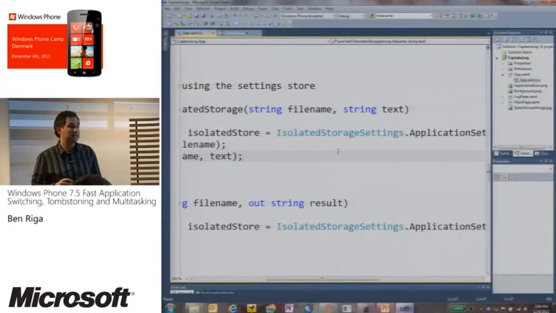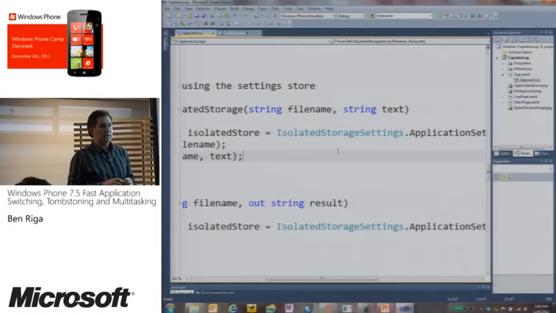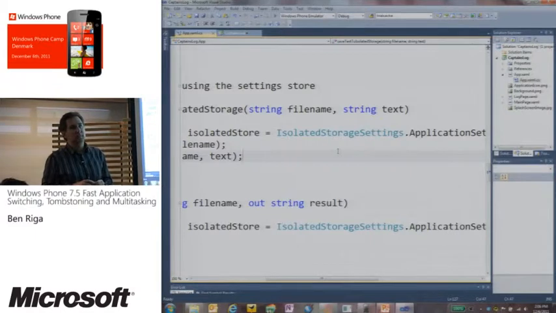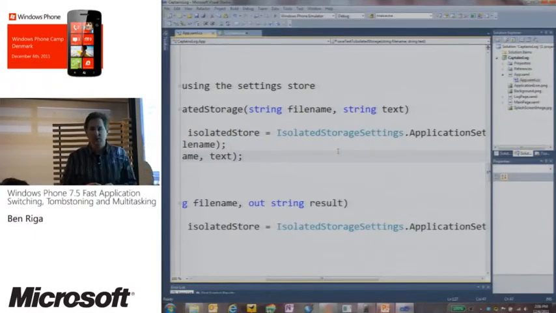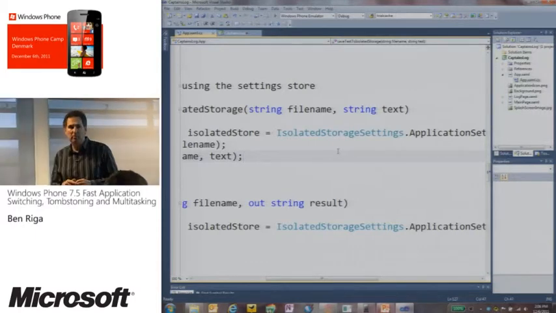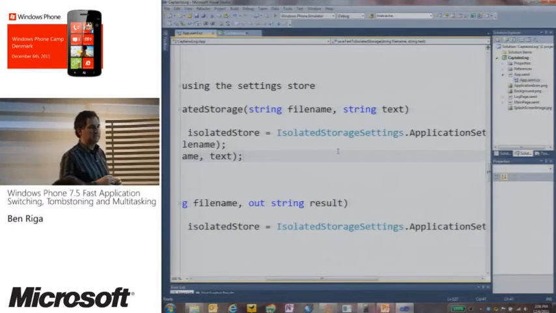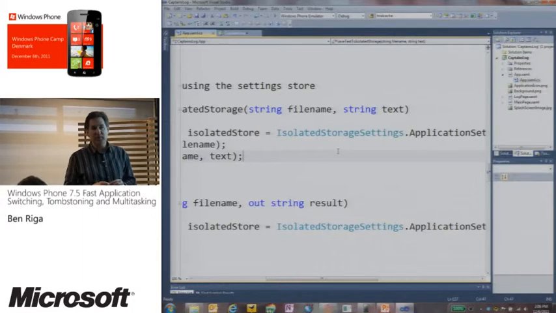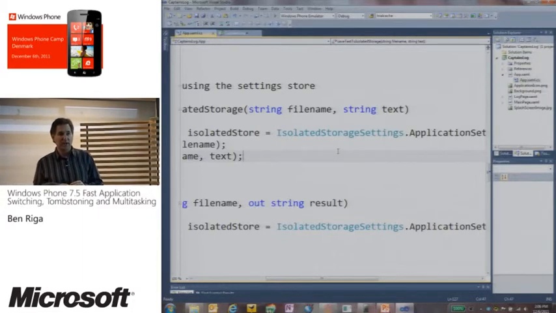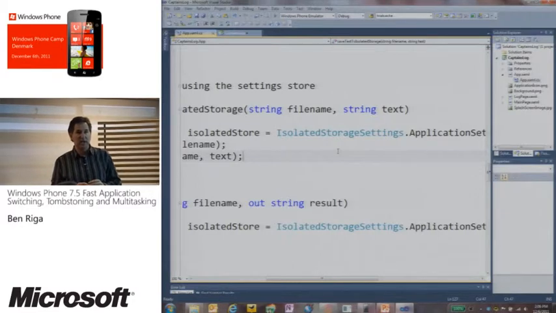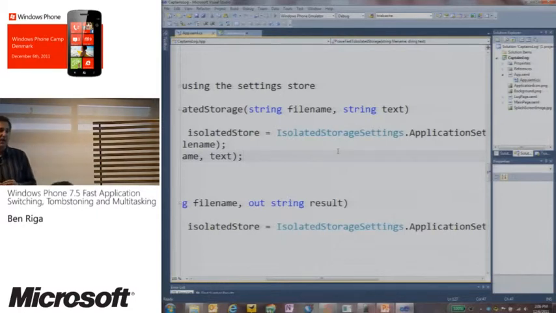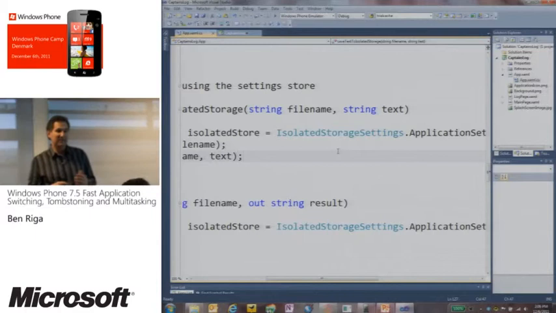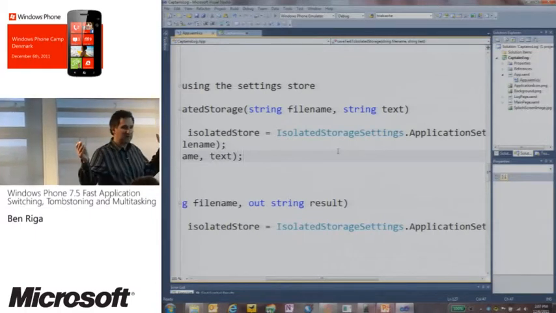Any other questions? Yes? Do you have access to the whole memory from a developer? Because a normal user doesn't have access to the file system on the phone. But do you have it from your application? So the question was, do I have access to the whole memory? And the file system, you have access to your own sandbox. So when your application gets installed, you can create an isolated store file, and that file can be as big as the space on the